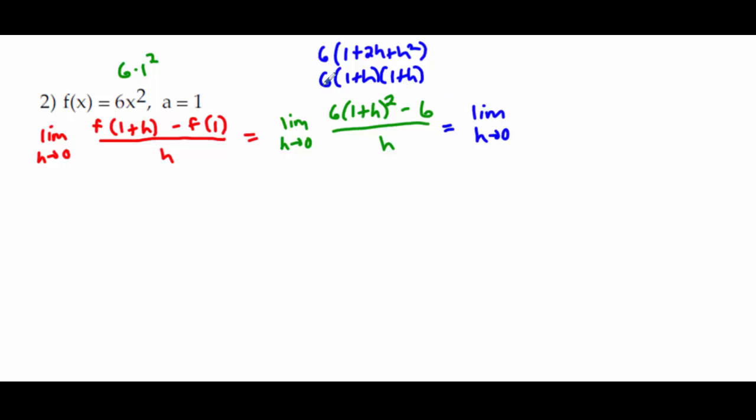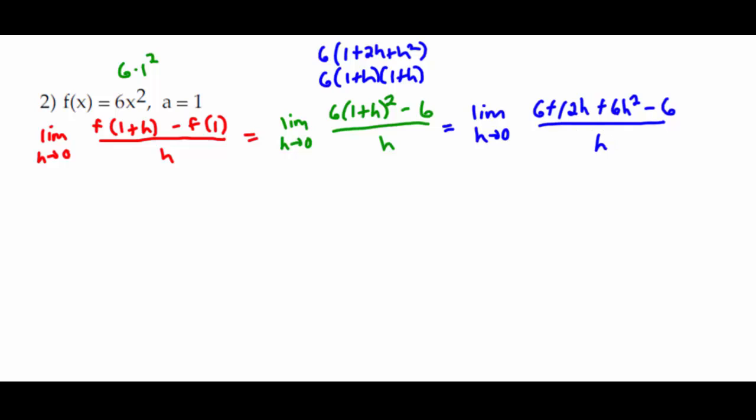Well, you don't have to, actually, I guess. You could distribute the 6 into one of the parentheses and then FOIL, but you wouldn't put the 6 in both parentheses and then FOIL. That would be bad. So this is, when I distribute the 6, 6 plus 12h plus 6h squared minus 6